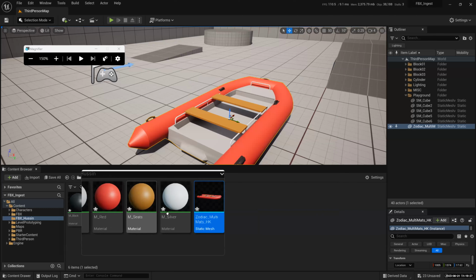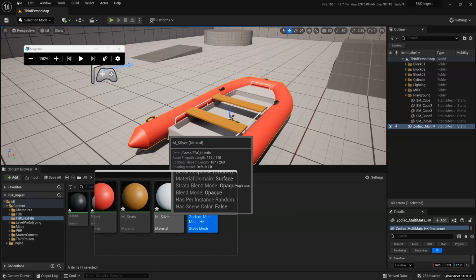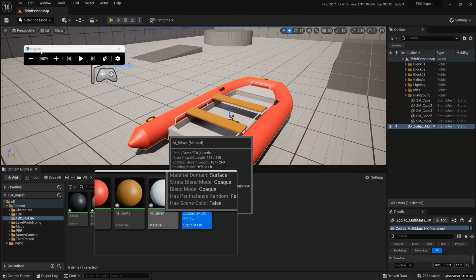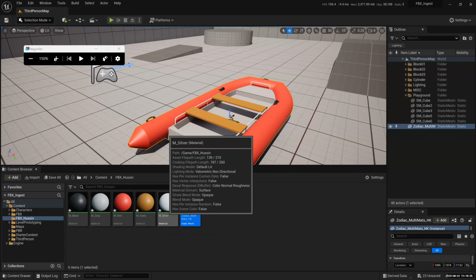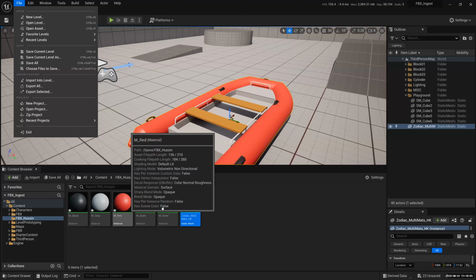So this is what I'm trying to say. Remember, just on Monday, I was telling you guys, if you go to File and click on Save Current Level or Save As, it will not save your projects or objects in the content browser. When you bring anything into Unreal Engine, it converts to its own file system, all right? It has not done that yet. It has not converted until you click on Save All.